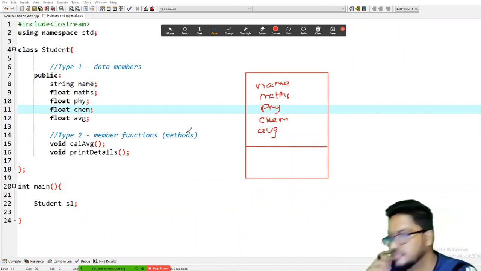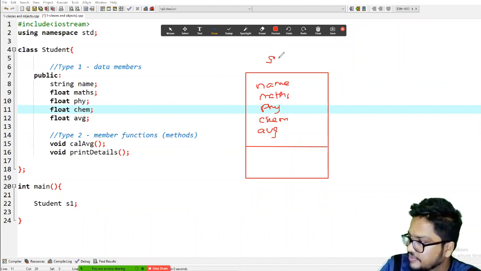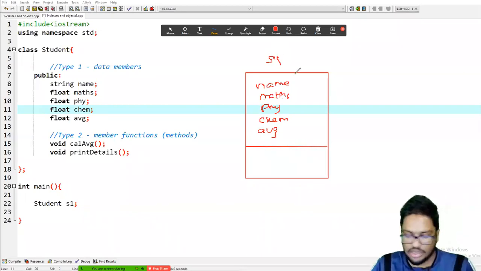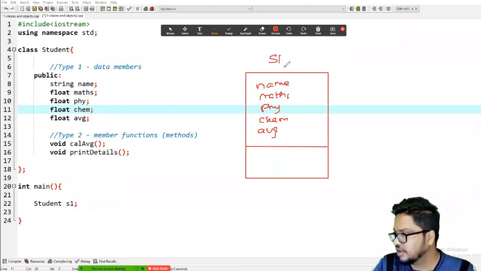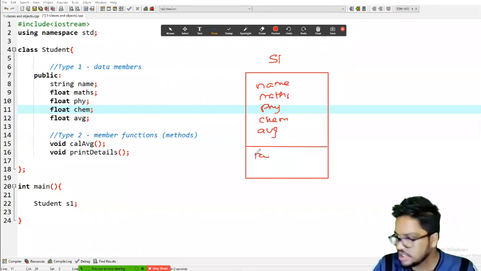You have data members, as well as now this S1 object, it contains functions as well, like calaverage and print details.